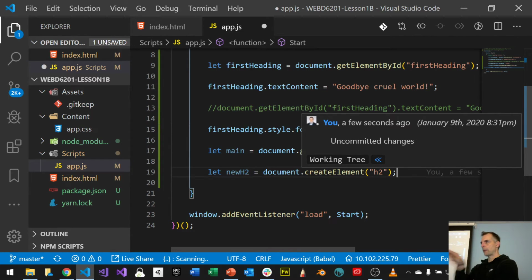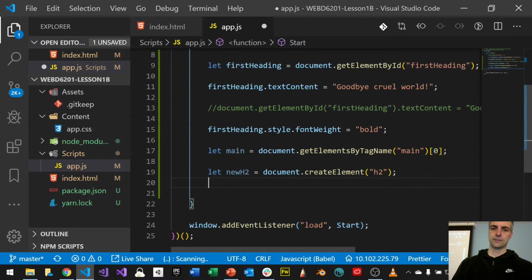Right? That's what I want to do. I want to append that element on top of main. And I also want to style that h2 element too. I want to say h2, display 5. I want to add an attribute. So the way to do that is